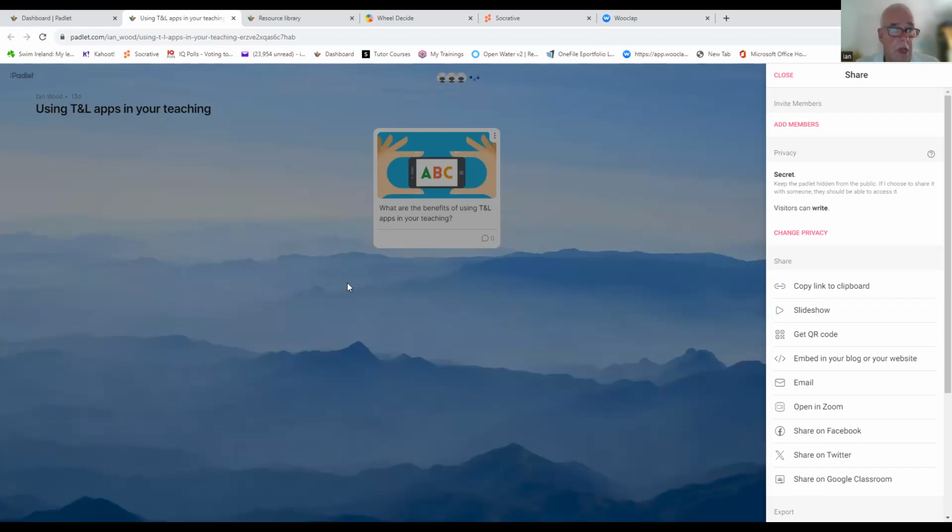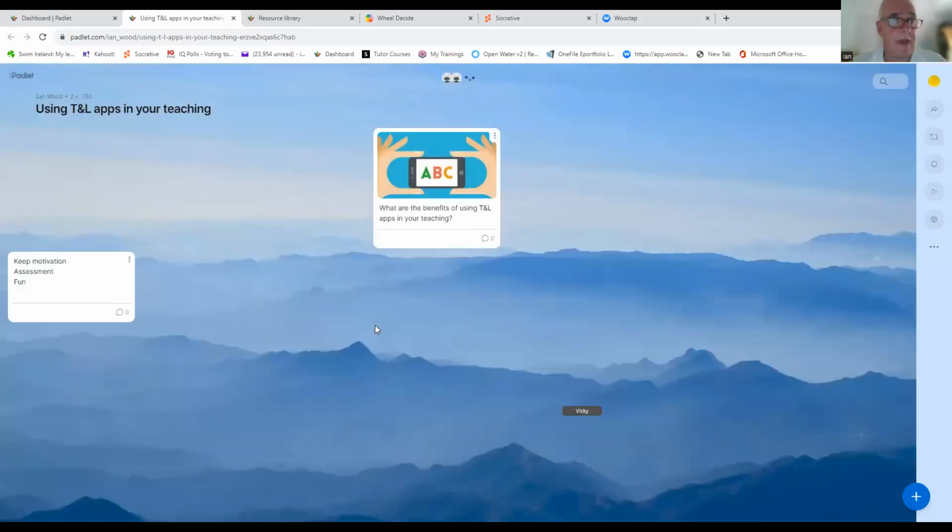Excellent. Yeah, keeps the learners motivated. You can use it as a form of assessment and they're fun to use. Excellent. Yeah, they're interactive. Absolutely. An active learner is an effective learner. It helps keep the learners